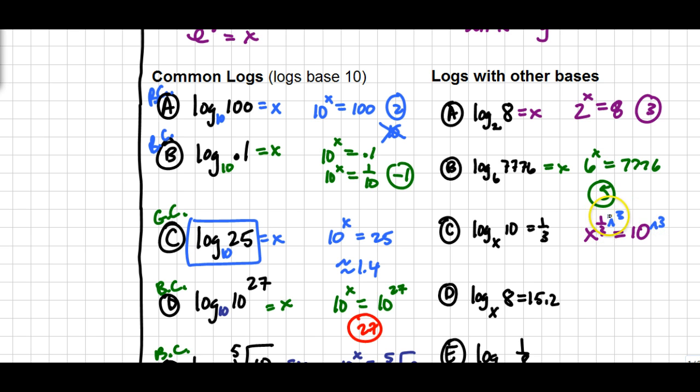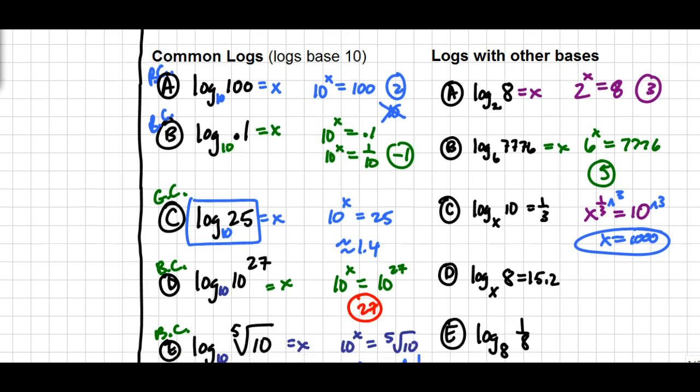Taking the power of a power, 2 powers together, they get multiplied together. 1/3 times 3 ends up being a 1, so x becomes x to the 1. And then 10 to the 3, that's just going to be 1,000, and that's your answer. Similarly for the next one,